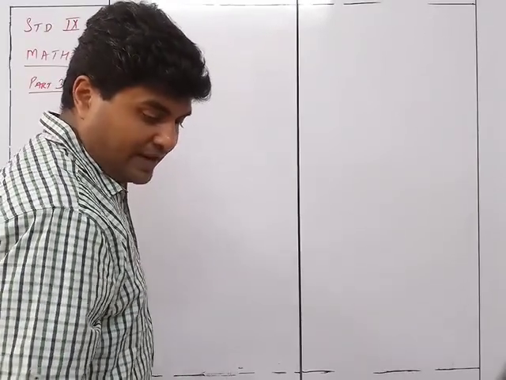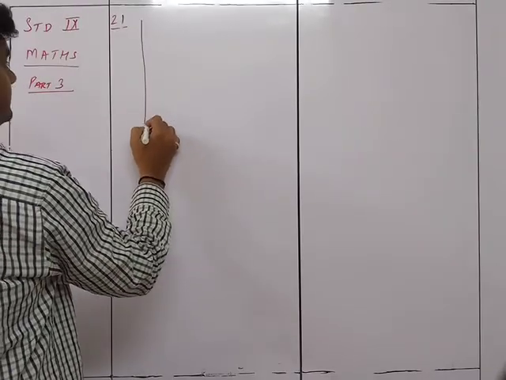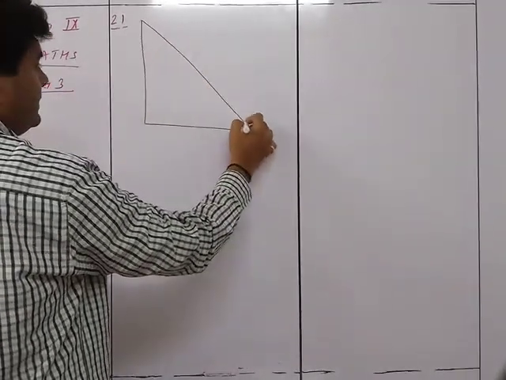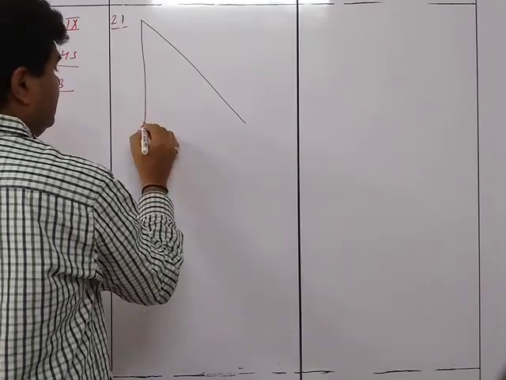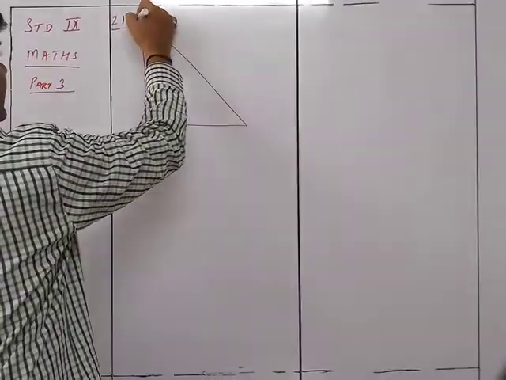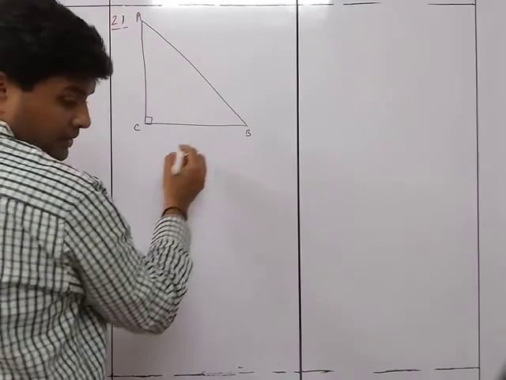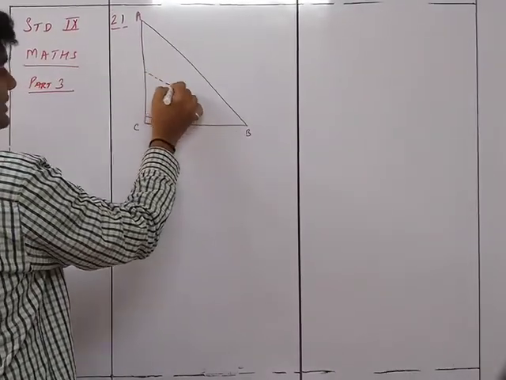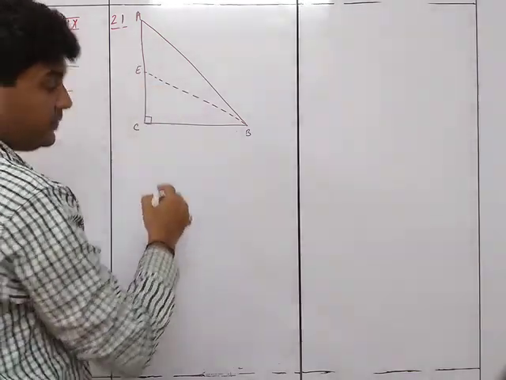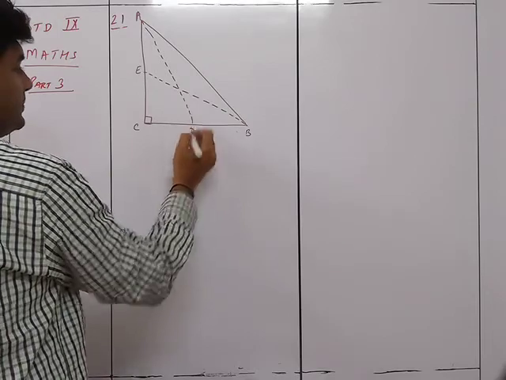So you have got this diagram over here. There is this diagram which is a right angle triangle given as ACB. There is one line which is given as E, and another line from here on this, which is D.